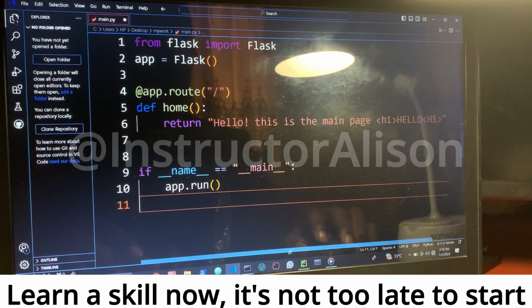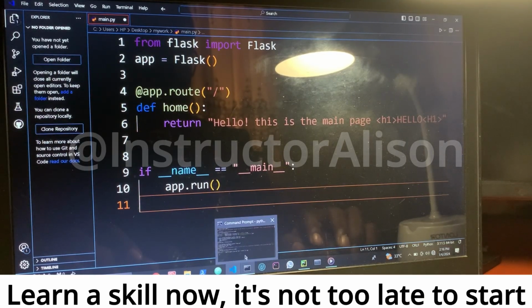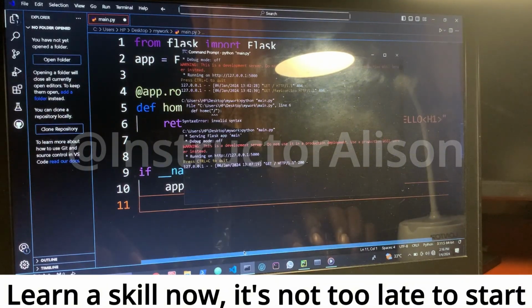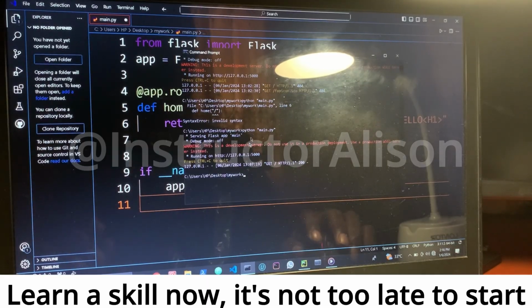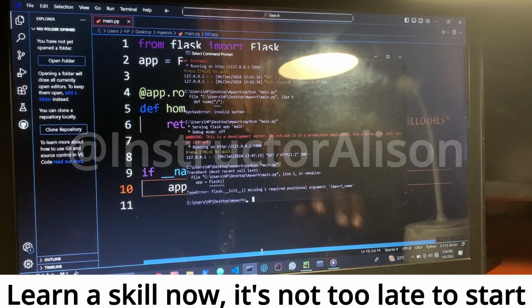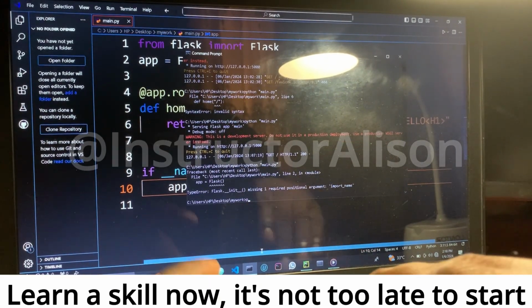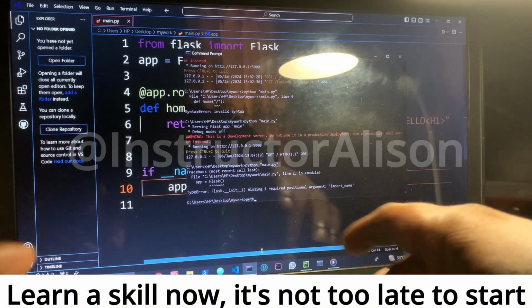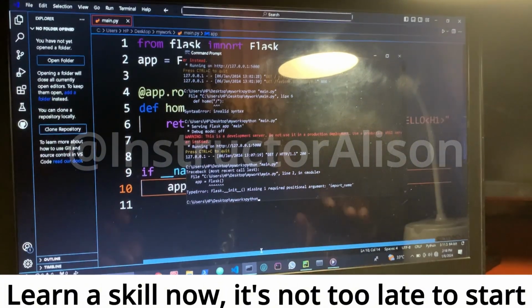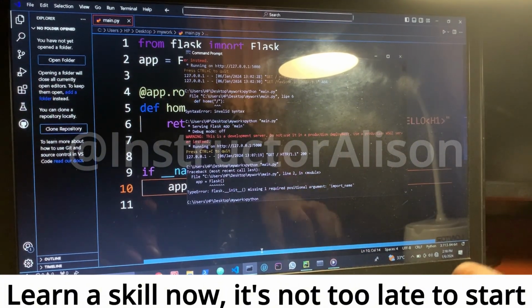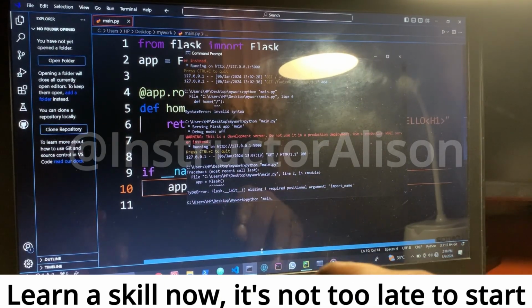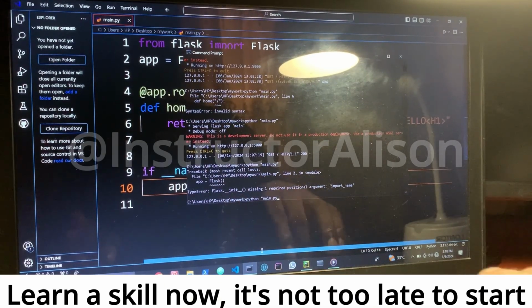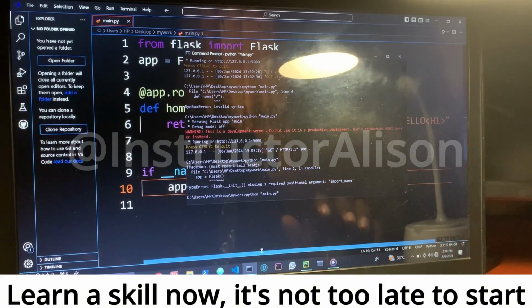So now what we need to do is to run this code. So you open your command prompt. To terminate what you've done before, you just press Ctrl+C, and that will terminate it. So you just type python, open the quotes, main.py, and close the quotation mark. Press enter,